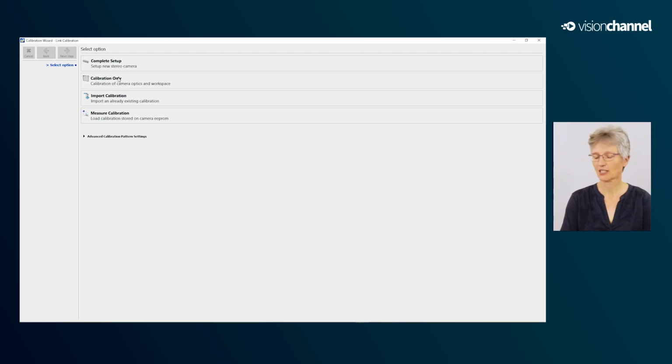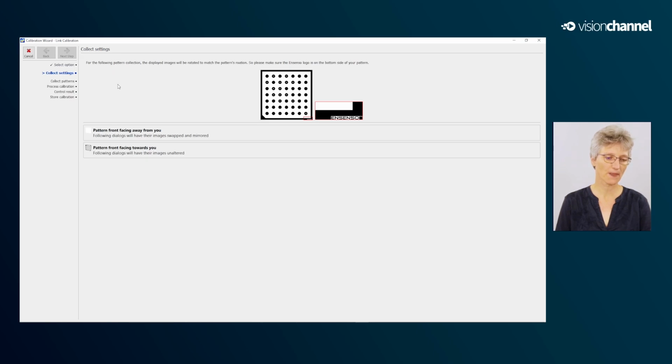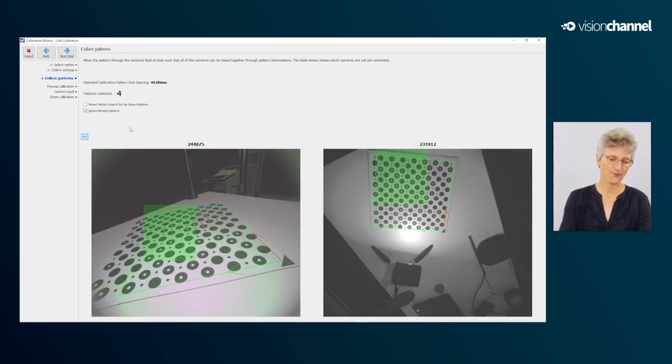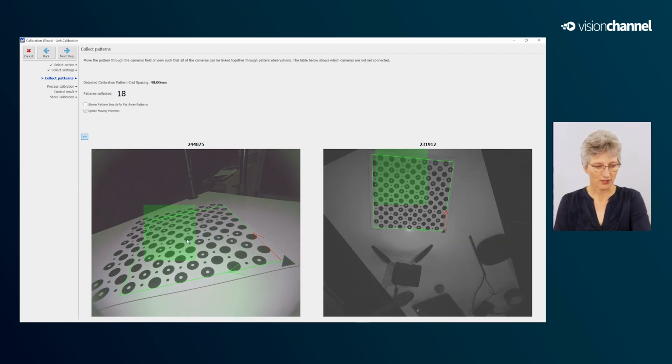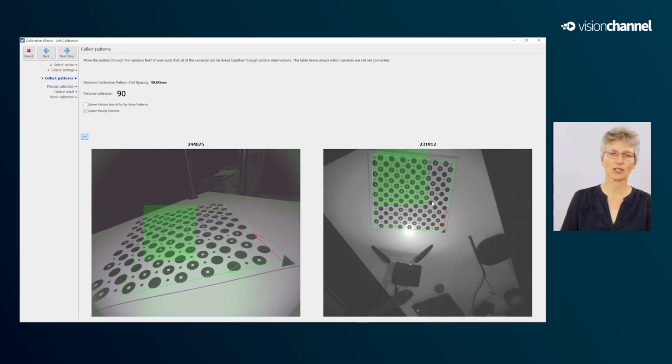We start the calibration procedure by clicking on calibration only, with the pattern front facing away from us. Now you see here the view of the NSenso B, and this is the NSenso C. What I will do now is move the calibration target to get some angled views for the cameras.